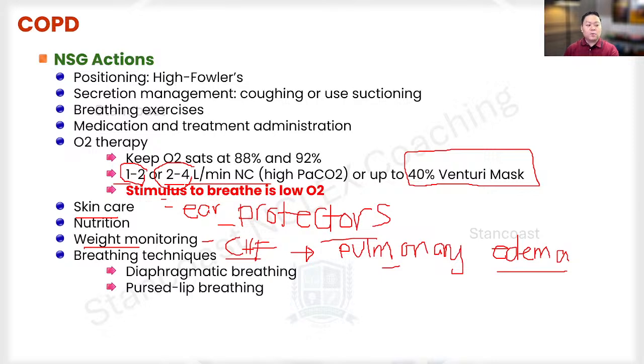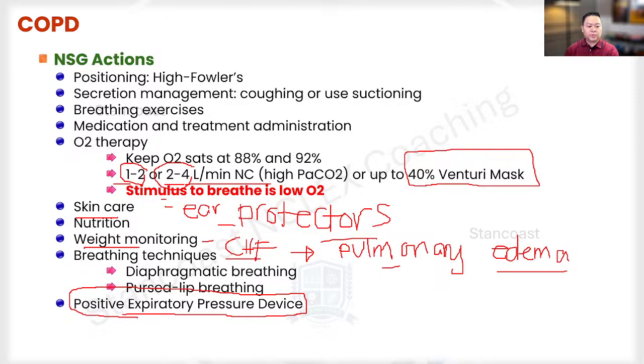Okay. Now, with the modality here, like the positive expiratory pressure device, I hope that you're familiar with this one. So what is this positive expiratory pressure device? This is basically with the use of the Capella. This is that device. So what is the relevance of this device? This is going to help clear their airway of the secretions. Again, think about the secretions that will be accumulating, especially for those newly admitted patients.